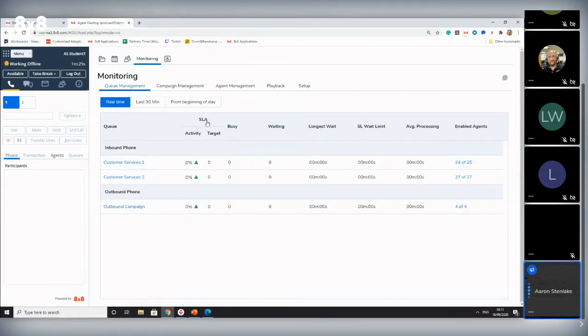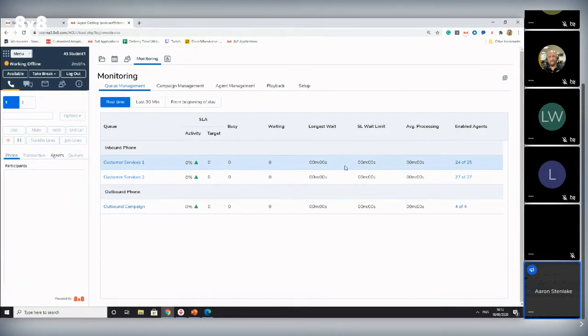Now, the SLA, or the service level agreement, is something that is set up on the admin portal. Now, I can show you this at the end of the session because for some of you, we will be going through onto the admin console and showing you the queue priority. So I can also show you where you can set the SLA on your queue. And how our SLA is determined is the percentage of calls answered within a certain amount of minutes, seconds, or hours. So here you would see the current activity in a percentage, you would see your targets, and then over here on the service level wait limit, that would be the wait limit that you have designed and set up